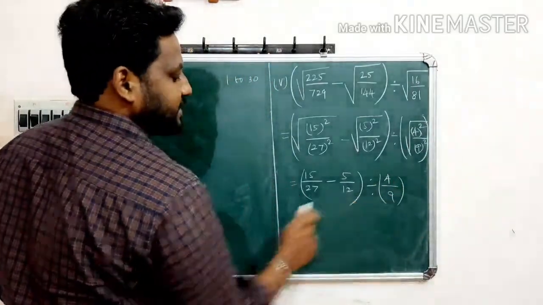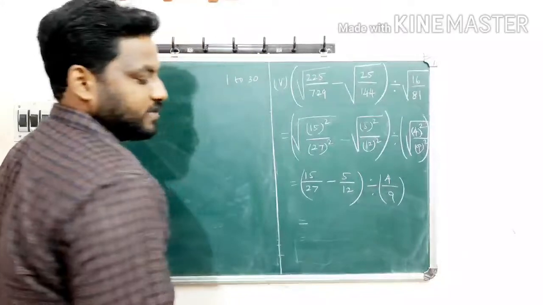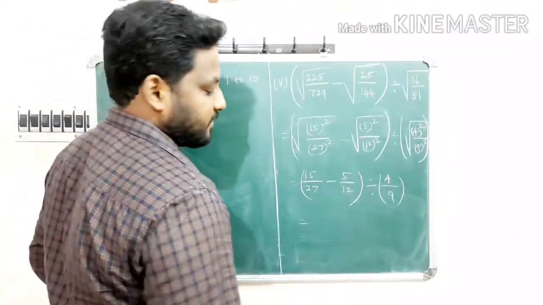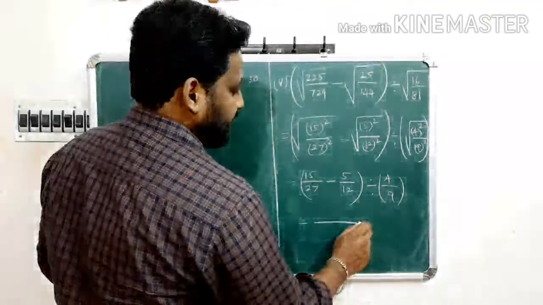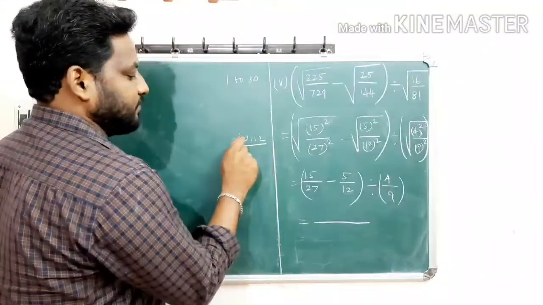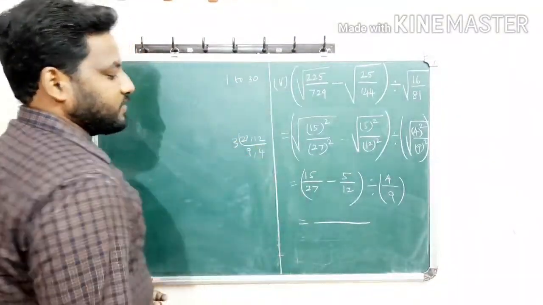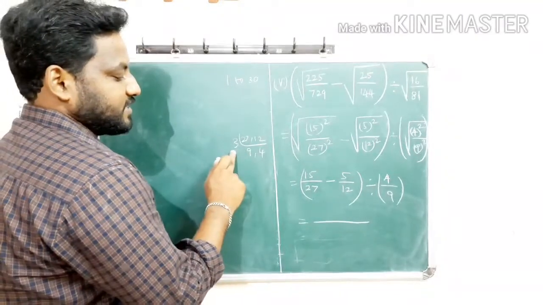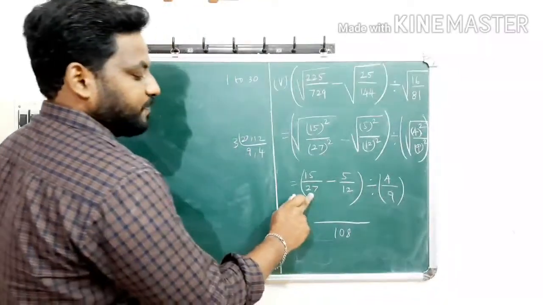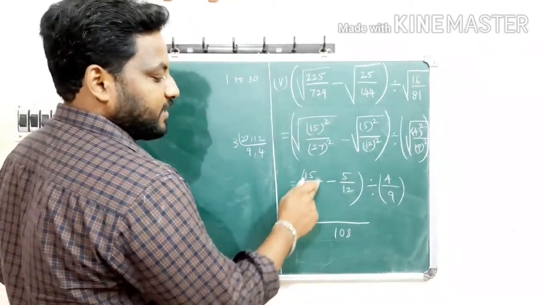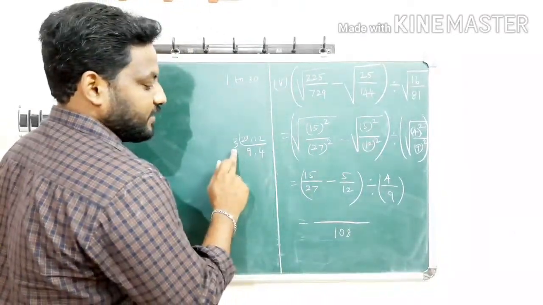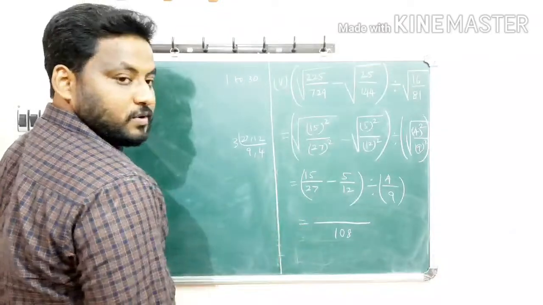So here we have to take LCM. So 27, 12. Denominators are different inside the bracket, in the subtraction form. So we have to take LCM. 3 9s are 27, 3 4s are 12. So 9 4s are 36. 36 into 3, 108. So 108 is the common denominator. So with 27, what is the number we have to multiply in both numerator and denominator, if the denominator will become 108? 9 3s are 27, 27 into 4 is equal to 108.